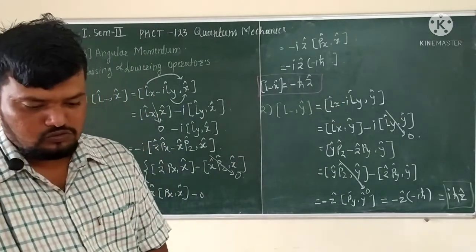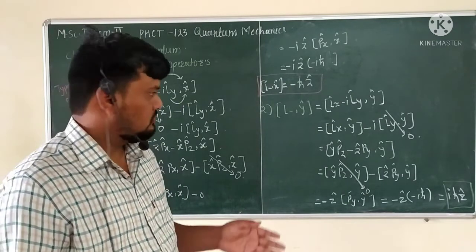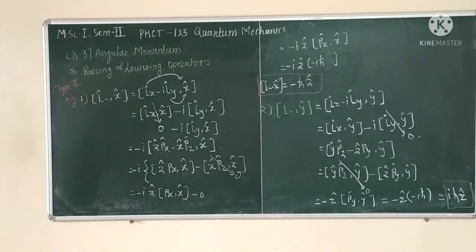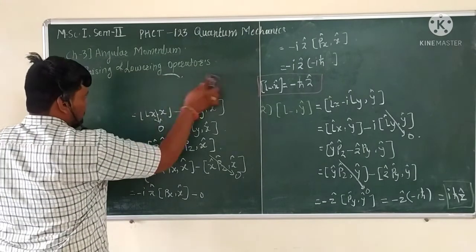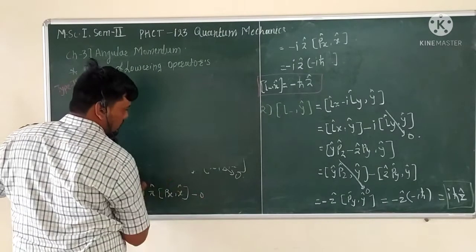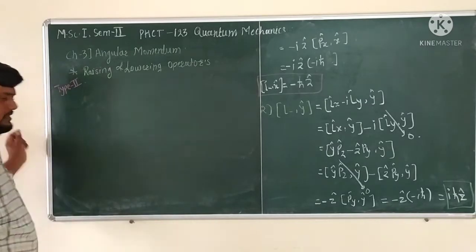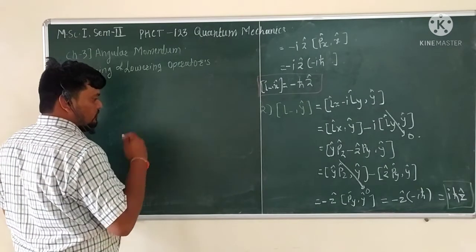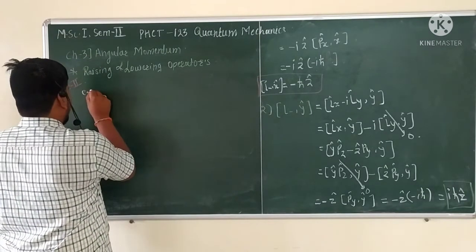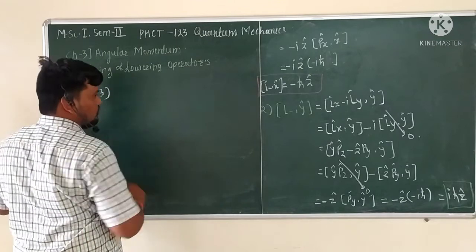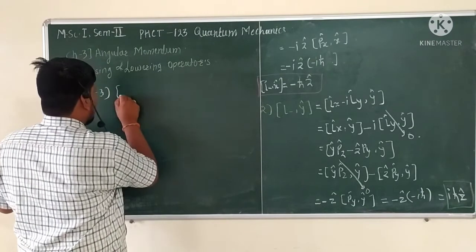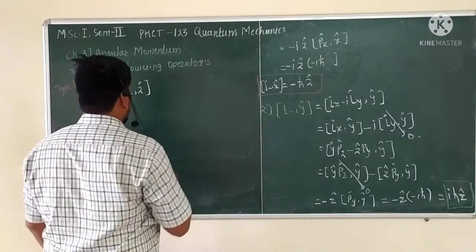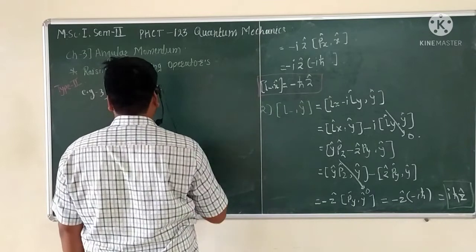Now we want to solve the result L minus comma z cap. So this is a very easy example. If you get the idea how to solve the commutator bracket, then it is a very interesting point. Now next, that is example number 3, we have to solve this commutator bracket. So this is the L minus comma z cap, and if we solve this,